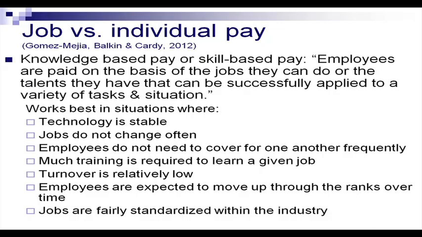It works best in situations where technology is stable, where the jobs don't change often, so you do a certain kind of work all the time and you do it really well and you get that much money because of the output your skills are contributing to. So that is the job based pay. Your skills become the resource. When we talk about human resources management, the skills that you have become the resource, and these skills in turn result in output which is measurable, which is tangible, and the quantification of this tangible output is what determines your pay.